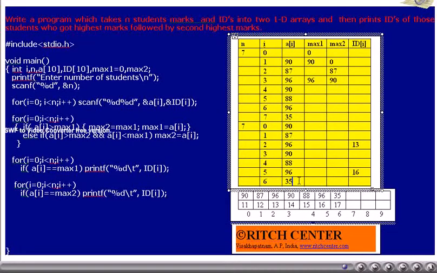By now, we have traversed all the students' marks one by one and compared with the class highest, that is max 1. And we have printed those students' identification numbers whose marks are matching with max 1. That is, we have got 13 and 16 on the screen. Similarly, the following for loop will also traverse the students' marks one by one and compares with the max 2 and prints those students whose marks are same as class second. Incidentally, we may get 11 and 14 as the results on the screen from this for loop.